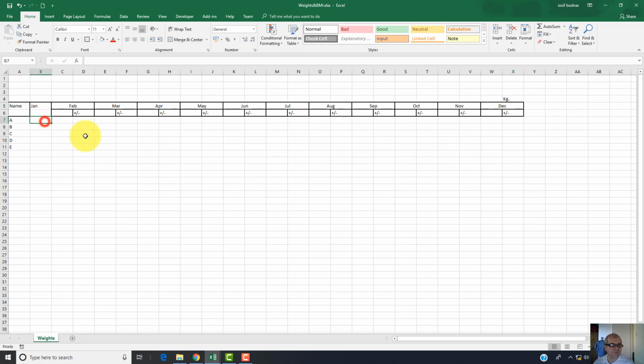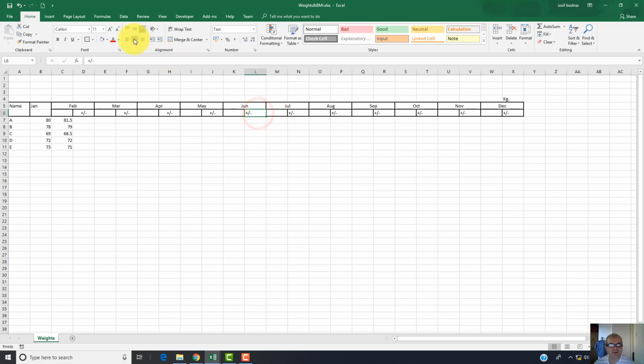So let's start to fill this table with weights. Let it be for the first patient 80, the next one 78, 69, 72, and 73. Okay, for February, this resident A weight, let it be 81.50, 79, 68.50, 72, 71. Okay, so let's set those plus minus in the middle of each of these columns